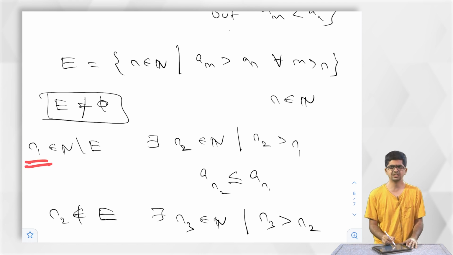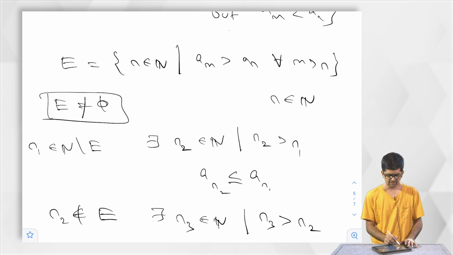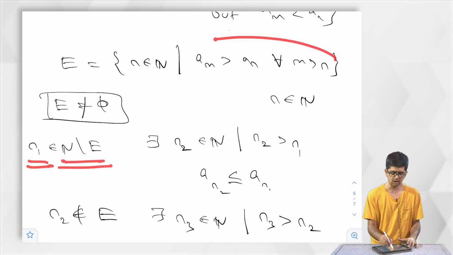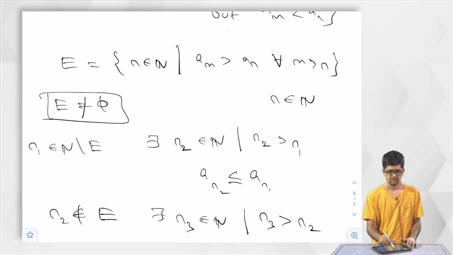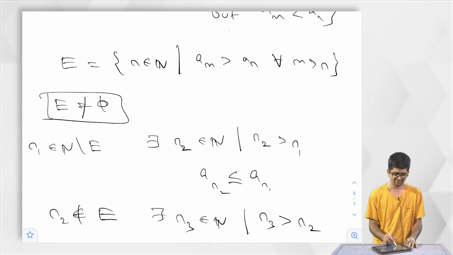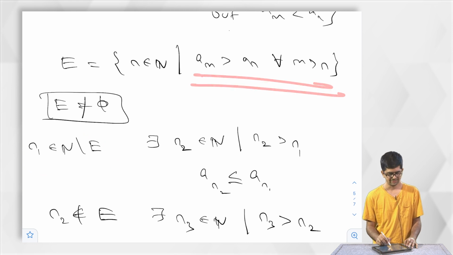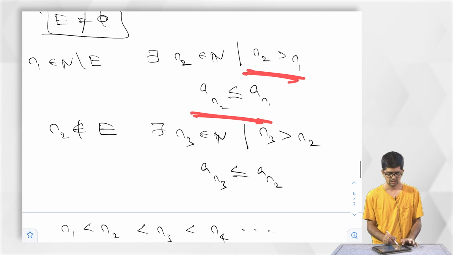I can get an n1 like this. Again n1 is not an element of E, so something should go wrong here. There exists n2 belonging to N, this and this. I can proceed further.